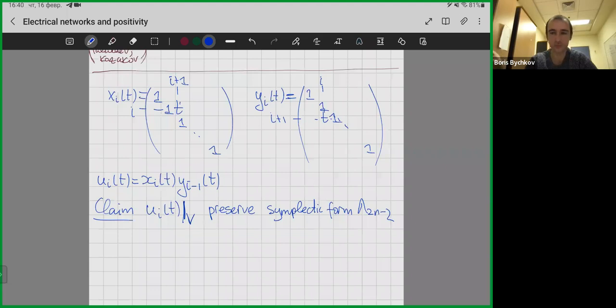In terms of points of the Grassmannian, this is encoded by multiplication by this matrix U_i, and at the same time this U_i preserves the symplectic form and preserves positivity, and we start from a positive network and obtain